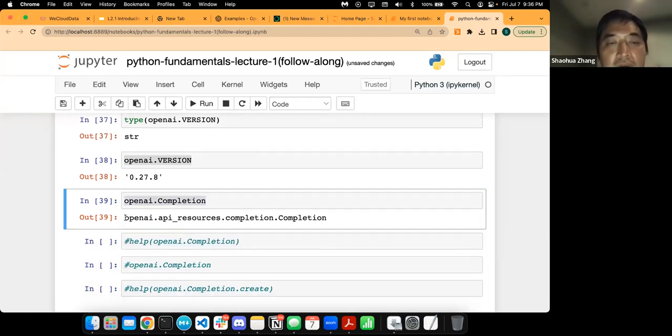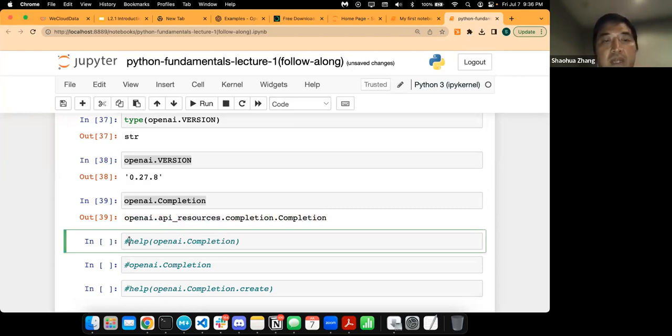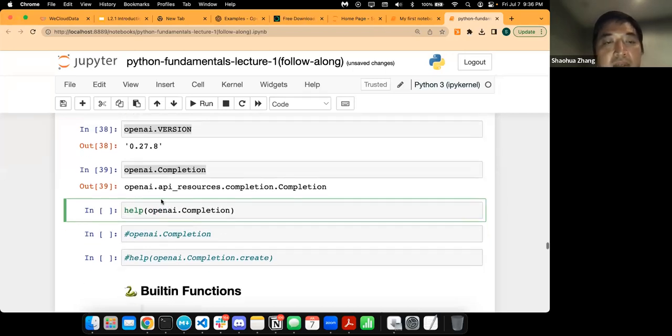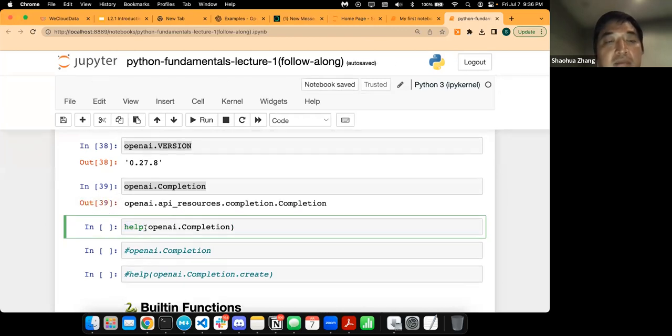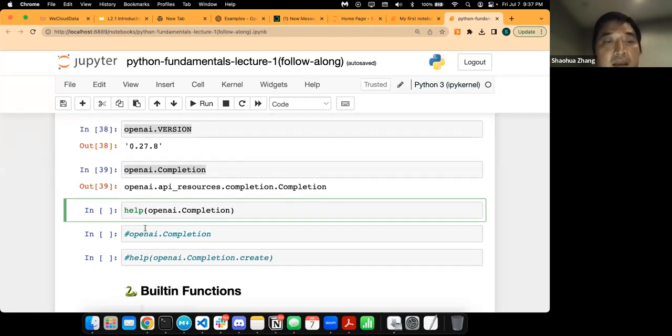But it looks like it only prints out some basic information, and it tells you that you can find this in openai.api resources, completion. If you'd like to get more help, you can use the docstring. So you can basically run help. The color is green, so that means it's a built-in function in Python. That basically means just give me some help. It's going to print the documentation,